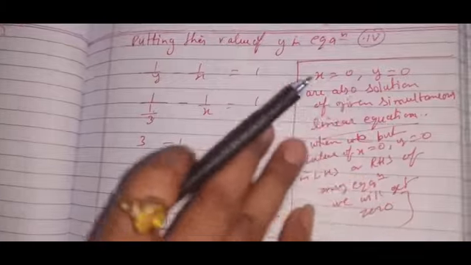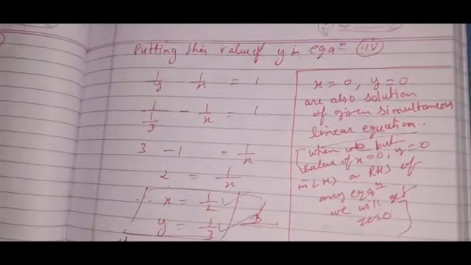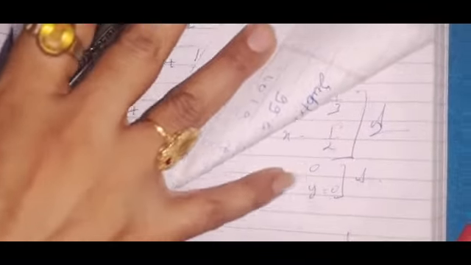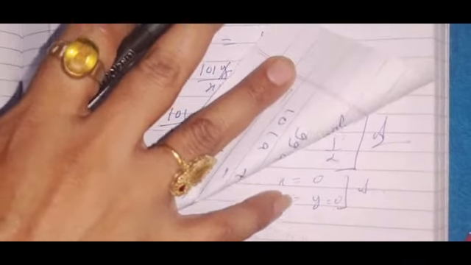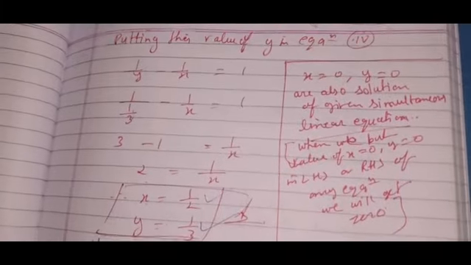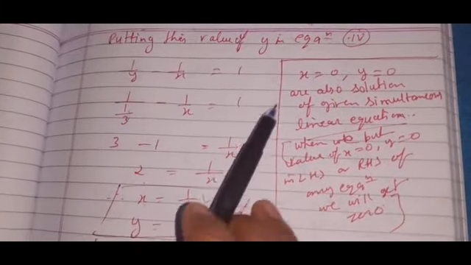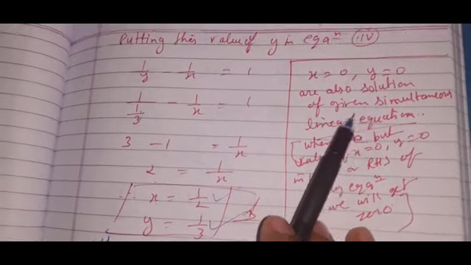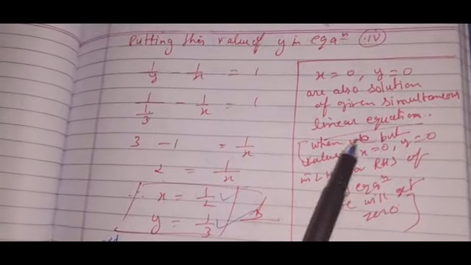are also solutions. There is no need to write all the things. You may just write only this, whatever the values are, and these two are also the answer. Why these are also answers, I am explaining, you try to understand. And when you will write this and when you will not write it, that I am also going to explain. x equals 0 and y equals 0 are also solutions of the given simultaneous linear equations.